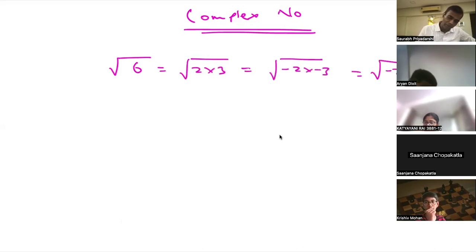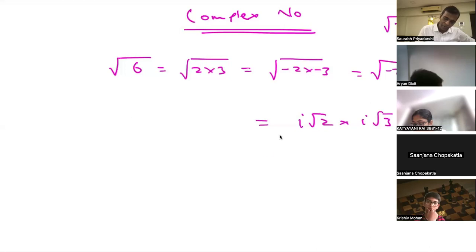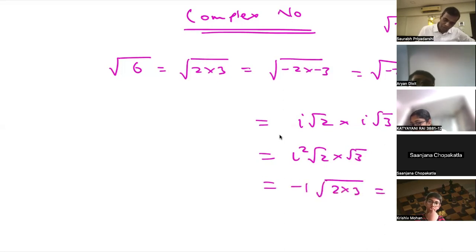So this will be under root of minus 2 into under root of minus 3. And under root of minus 1 is iota, all of you know this. So this is i root 2 into i root 3. So this will be i square root 2 into root 3. Then i square is minus 1. So minus 1 under root 2 into 3, or minus,